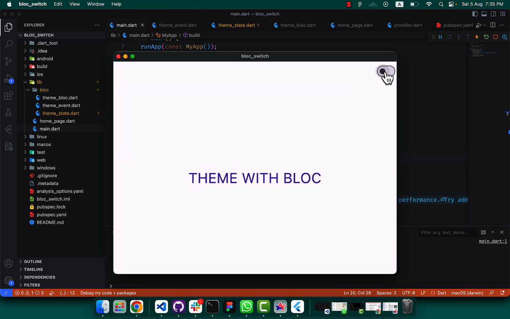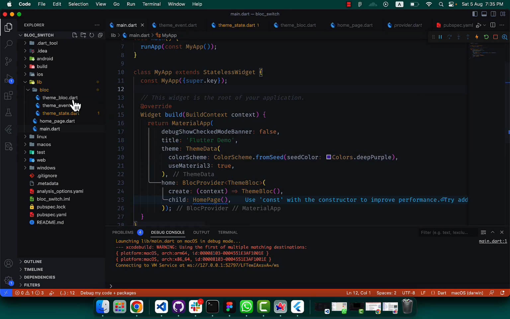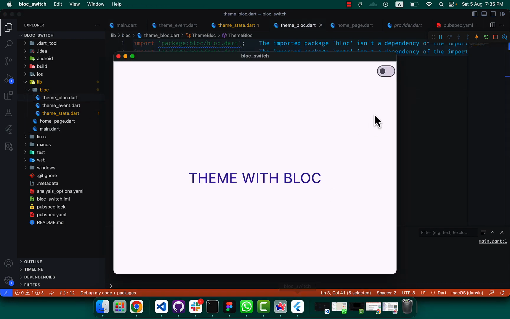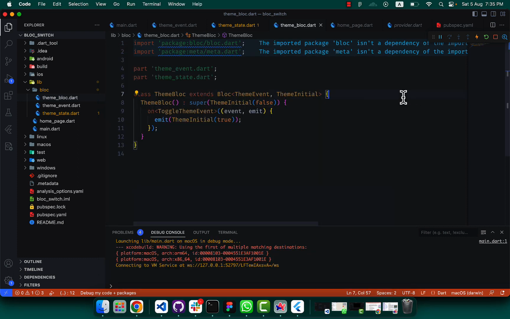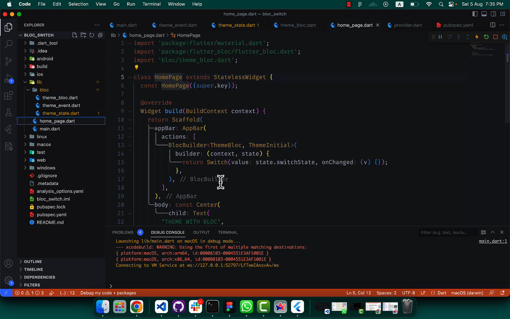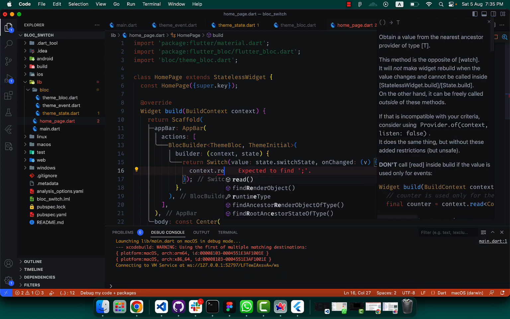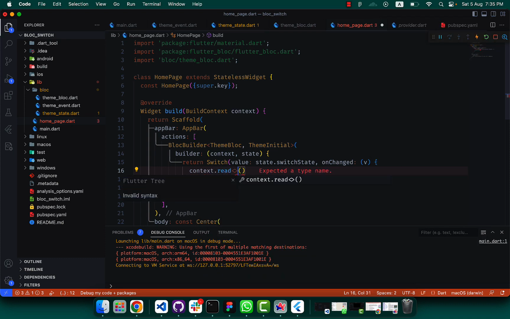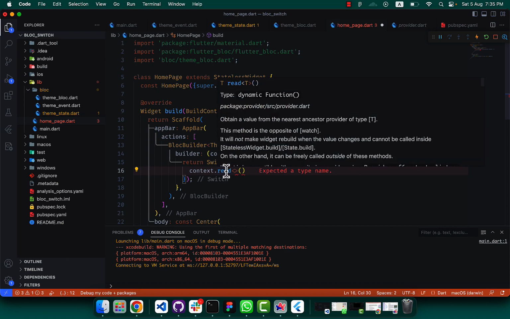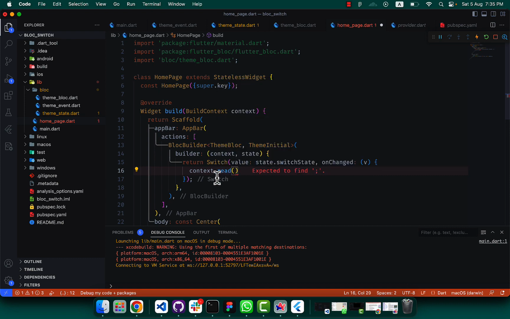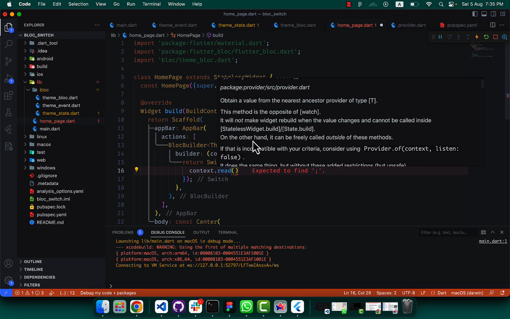So by default its condition is false, because it's coming from the theme block and the theme initial state is false. And now if I just run it, it is not working. Why? Because in the home page, on the change event, we didn't write anything. So just write here context dot read. So what type of data should it read? If I remove this one and now run it,